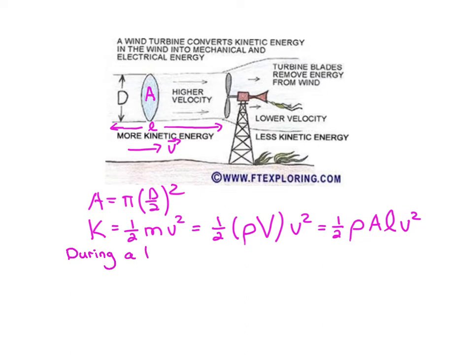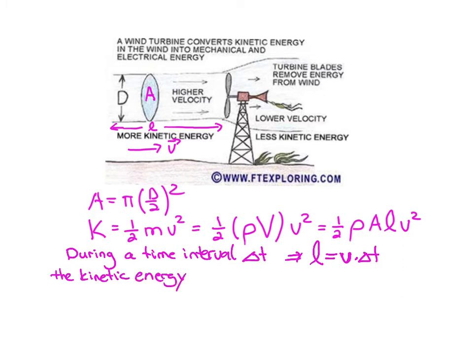So during a time interval delta t, the length of air that passes by, this quantity lowercase l, is just equal to v, the speed of the wind, times delta t. So during a time interval delta t, the kinetic energy that passes the blades of the turbine